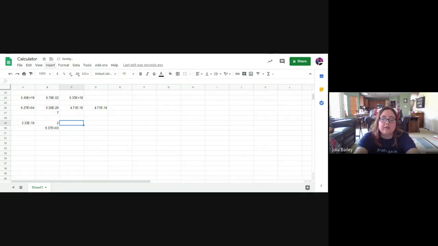Typing it in, and I know it's going to be this times this divided by that. Technically, if you think about it, this first one is like a fraction. It's 3.33 e negative 16 over 1. But having that in your calculation won't change anything, right? Like multiplying by 1 divided by 1 is not going to change anything. So you don't really need to write it out unless it just makes you more comfortable. You definitely don't need to type it out because multiplying by 1 or divided by 1 is not going to change your answer. And then the final one, 4.10